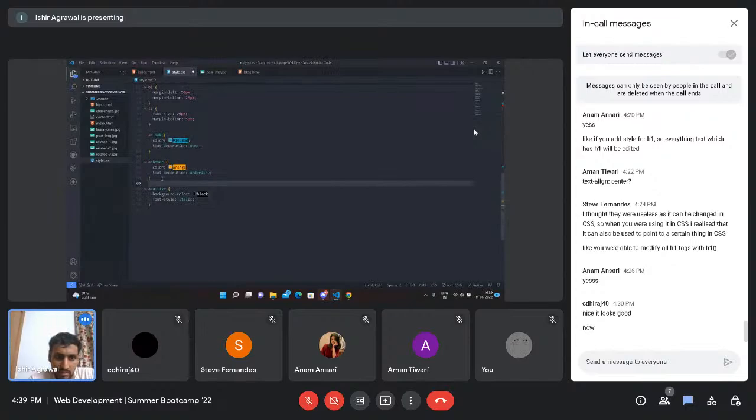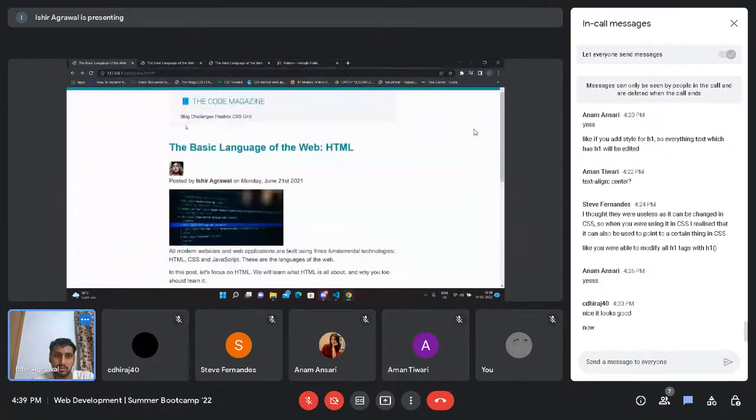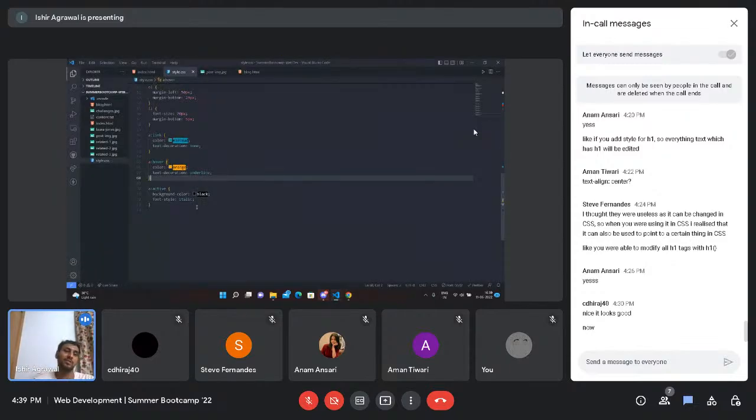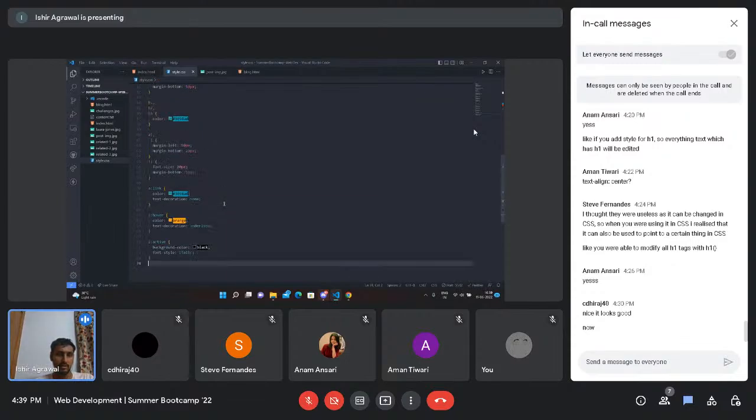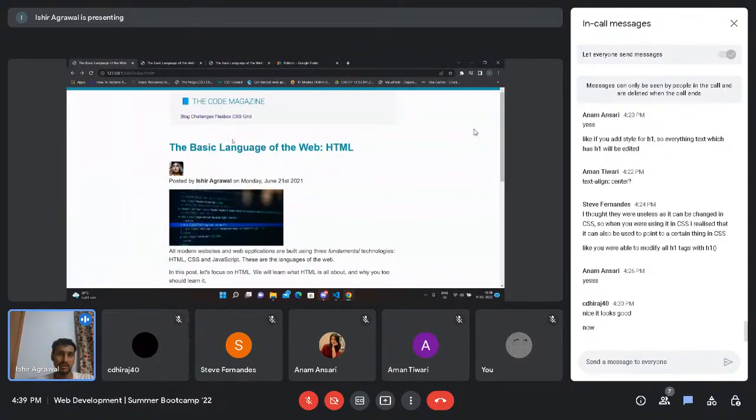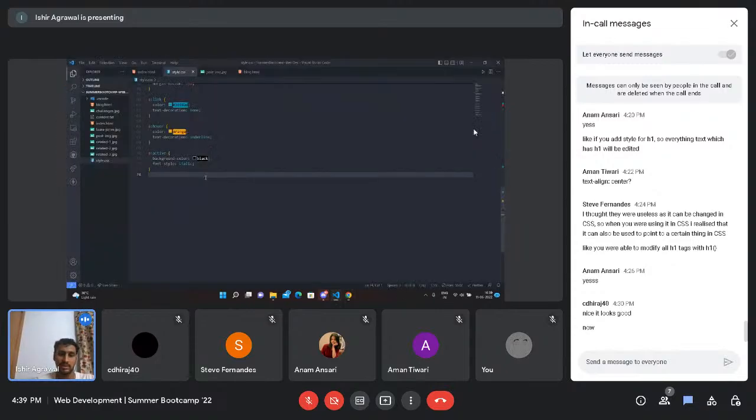Let me get rid of this. I don't know why, I might have messed up something. You can obviously search on Google for everything and you'll find a lot of answers on how you can do this and other stuff. Let's also give this a little margin to the right so that it looks good. So for that, I'll just do